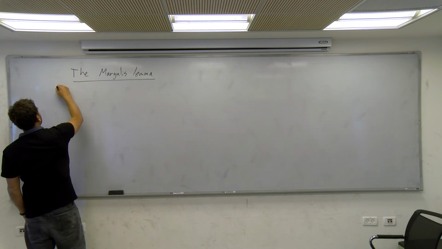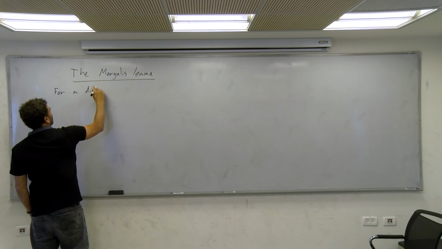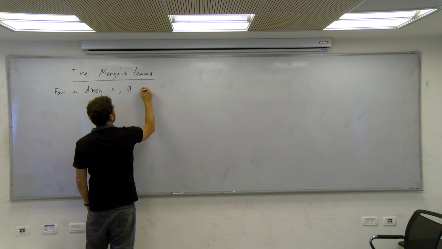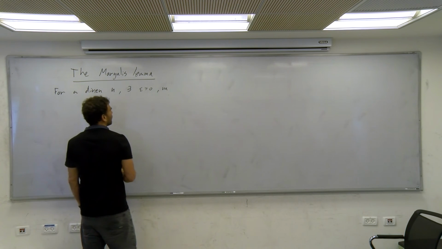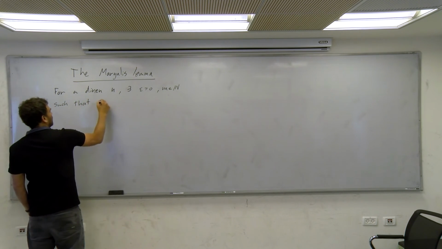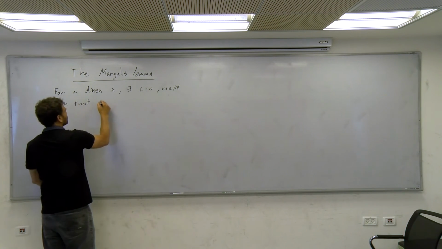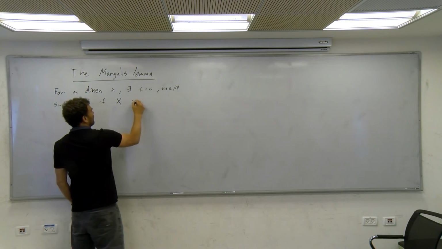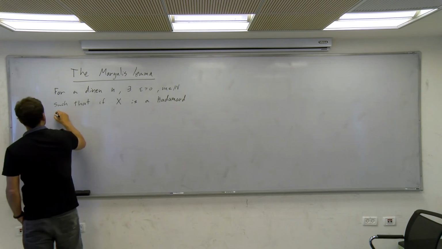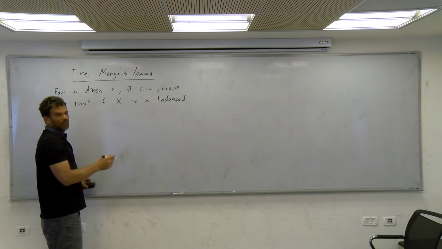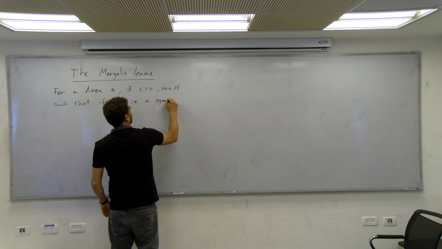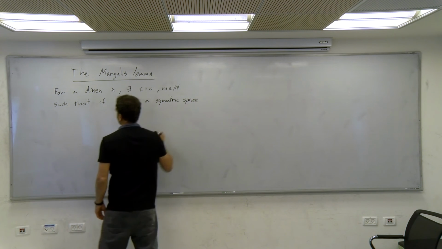Okay. So fix a dimension n. There are two constants, epsilon and m, such that if X is a Hadamard manifold, let's take this. This is the first time we see the Margulis lemma, so let's stay with the symmetric space. So if X is a symmetric space of dimension n,